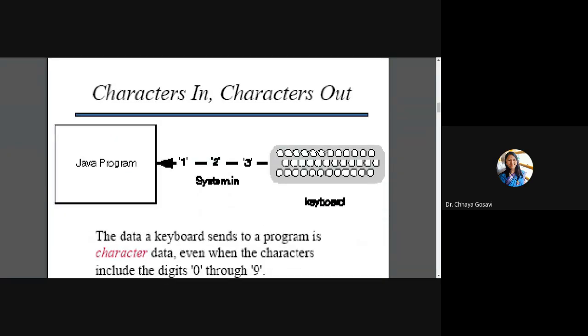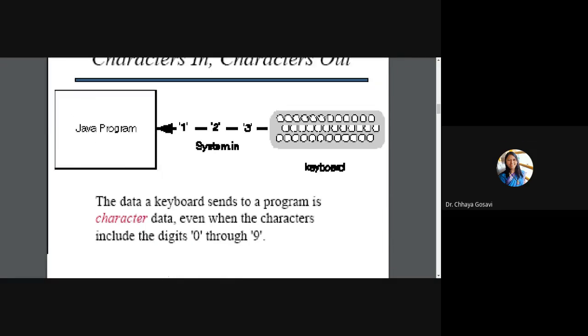So whenever you type anything from a keyboard, say I want to type 10, the input length is 10. So 10 is considered as character 1, character 0, like this. It will read it as a stream of characters. The data a keyboard sends to a program is character data, even when the characters include 0 and 9. It is not numerical data. Please note that numerical data means the value 10, and character data means character 1